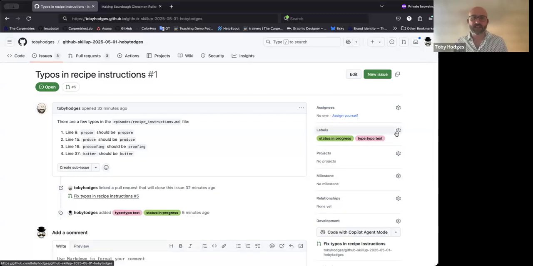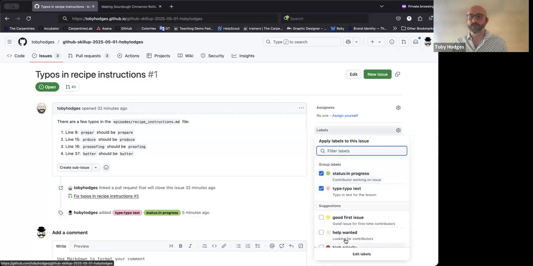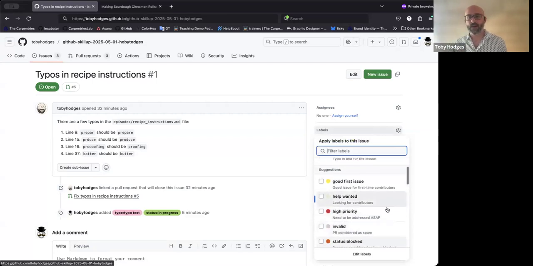All right, let's talk about good first issue and help wanted. You can see the descriptions here. Good first issue marks something as a good issue for first-time contributors to the project. Help wanted indicates that we're looking for contributors for this particular issue. As I mentioned before, these labels have special meaning for the Carpentries, and that's